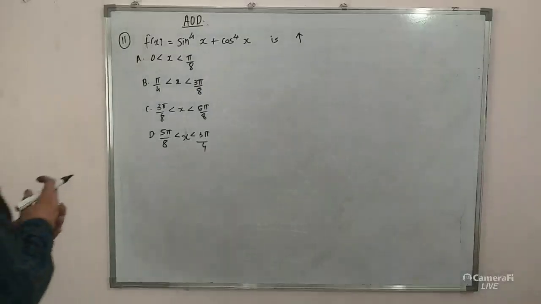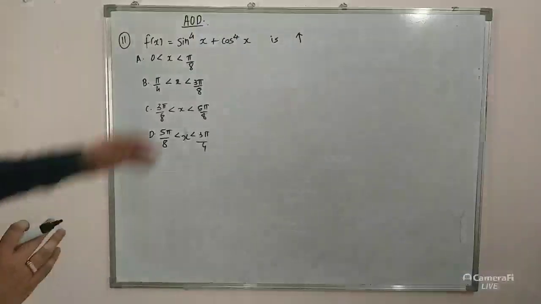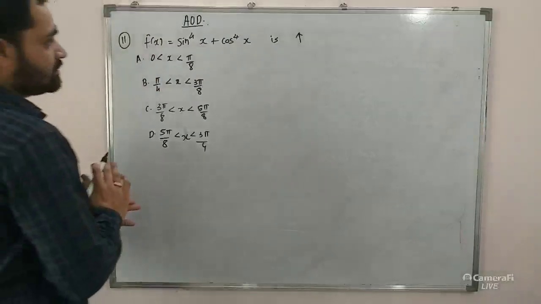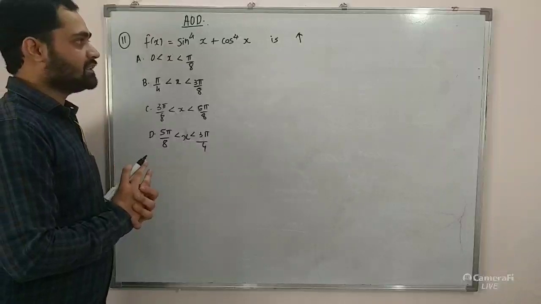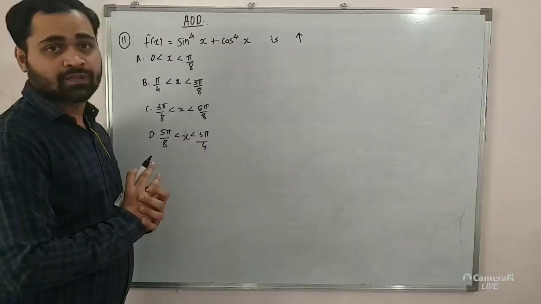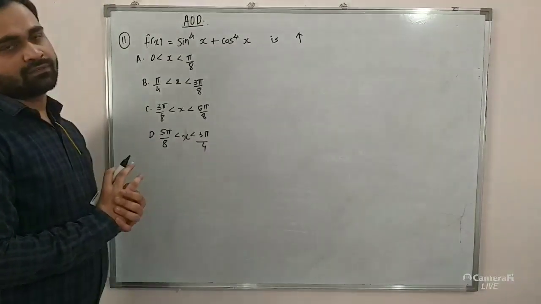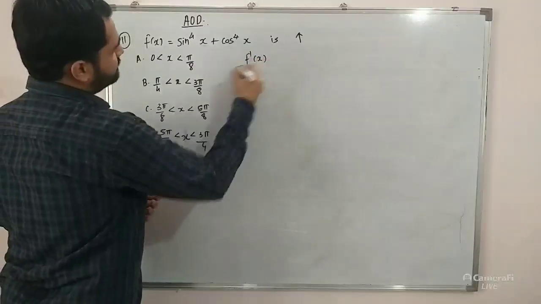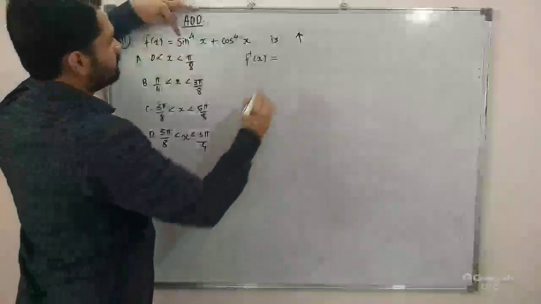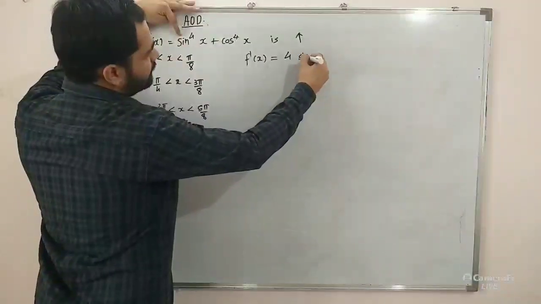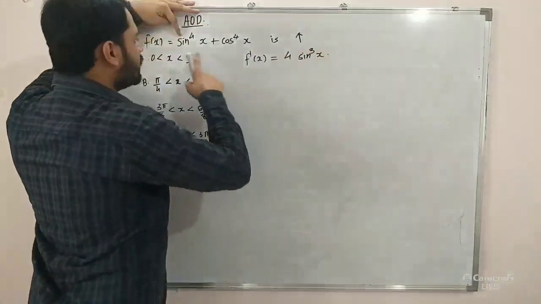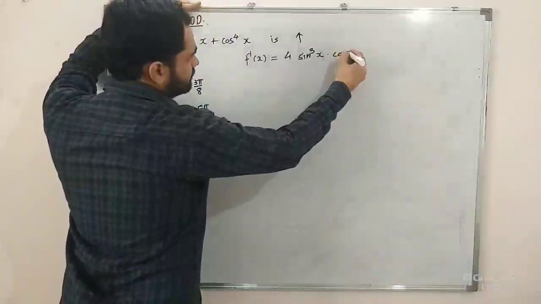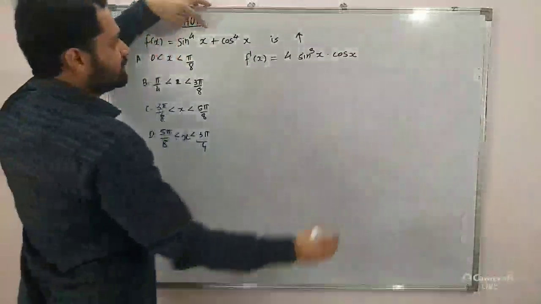And now, to decide in which interval the function is increasing, we have to decide in which interval the function of x is increasing. For an increasing function, f dash of x must be greater than 0. So first of all, finding f dash of x. What is f dash of x? Power at front reducing one power, into the derivative of sin x. What is the derivative of sin x? It is cos x plus